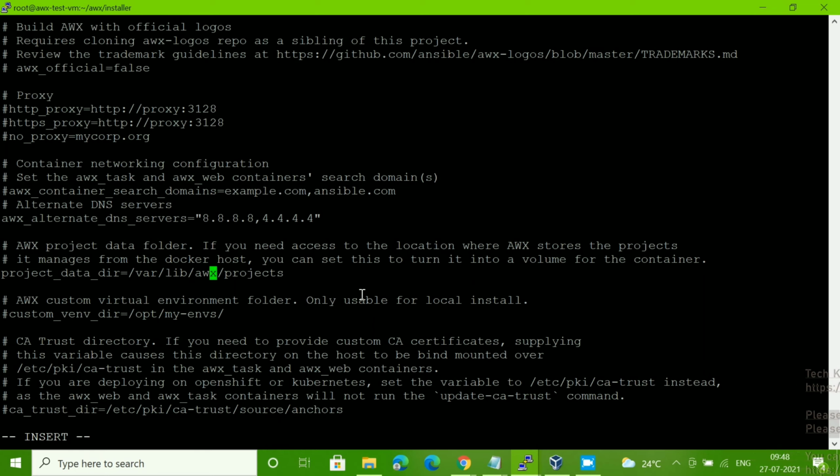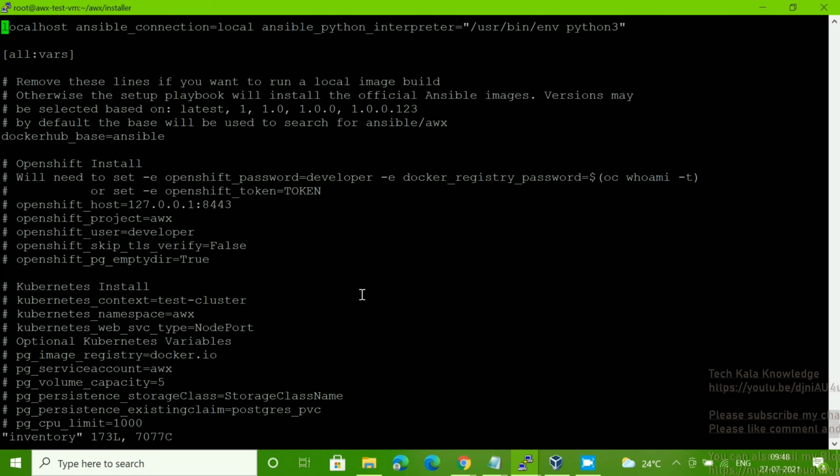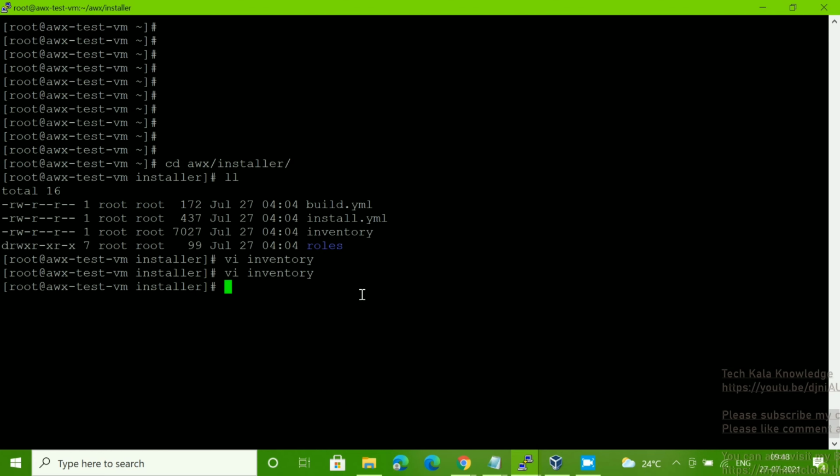This parameter we need to change inside the inventory file. Once we are done, we have to save it. Correct, we save. Fine.